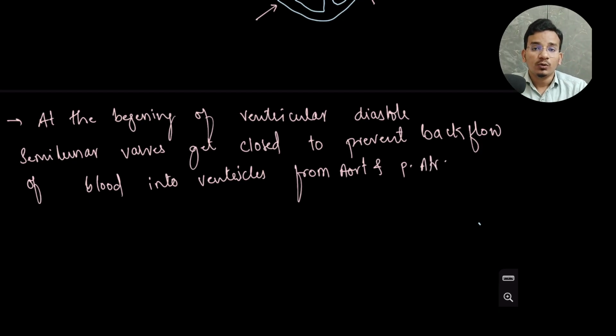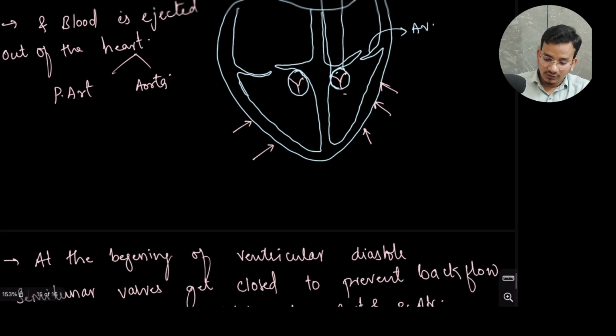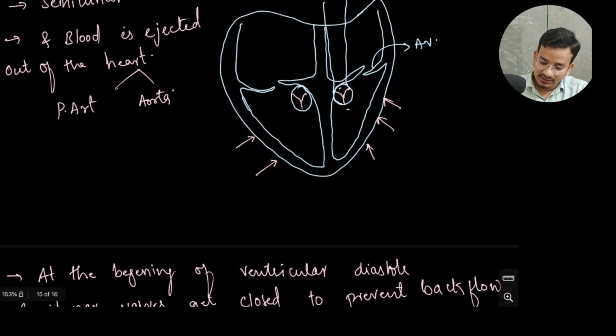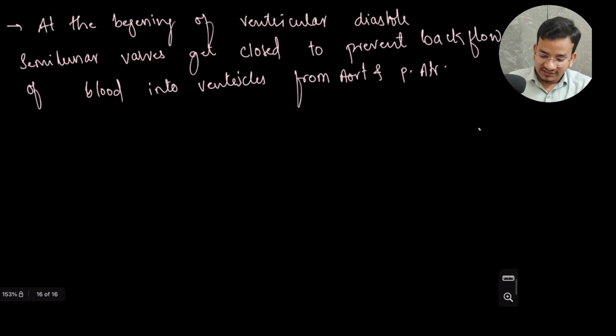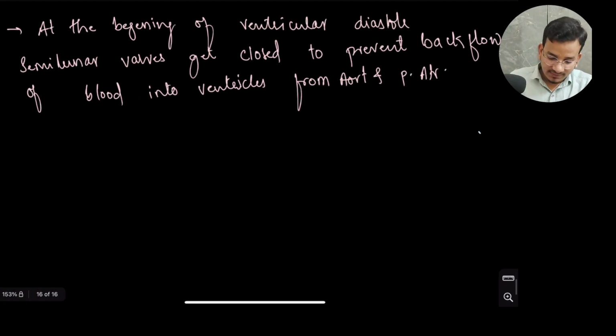Okay, so as soon as the semilunar valves close, it will prevent the backflow of blood into the ventricles from the aorta and pulmonary artery. These closing of semilunar valves, at the beginning of ventricular diastole,